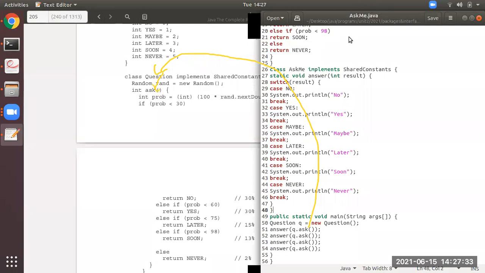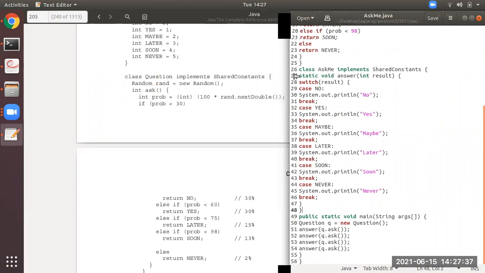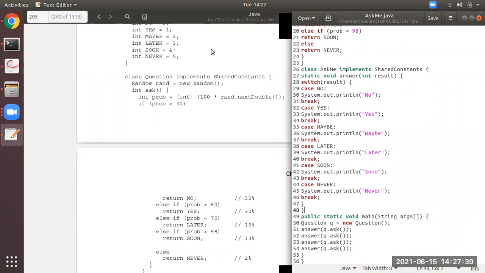Now the next thing is, we are into the ask method. Okay, over here. Now you people see what this ask method is having inside it. Inside it, there is a variable prob which has got something over here, the typecasting of a double value.